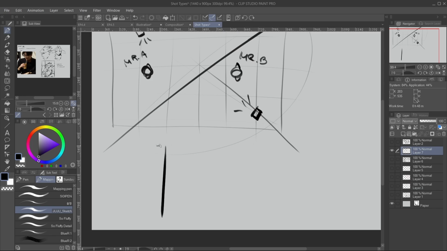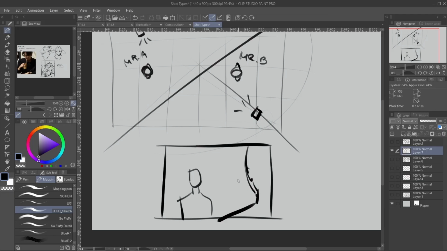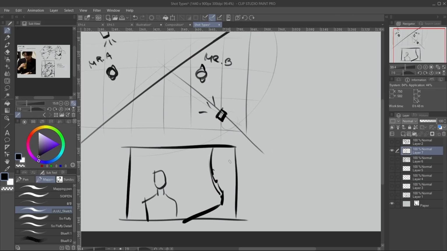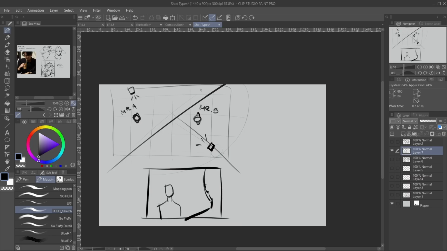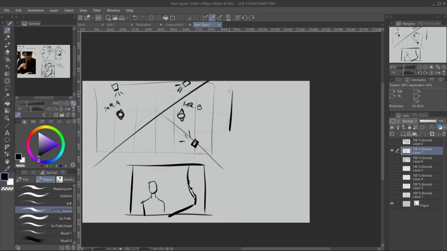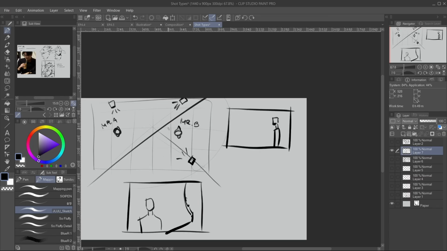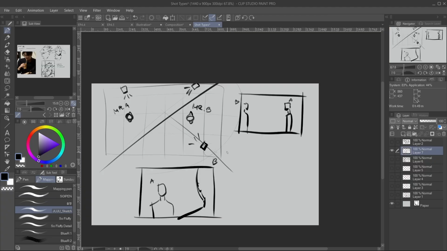So if this is this camera's view right here, we've got an over-the-shoulder shot of Mr. B looking over at Mr. A. So Mr. A is screen left, on the left side, and Mr. B is on the right side. If we were to go over here, now Mr. A is screen right and Mr. B is over here. You don't want to swap the characters' positioning on the screen, because